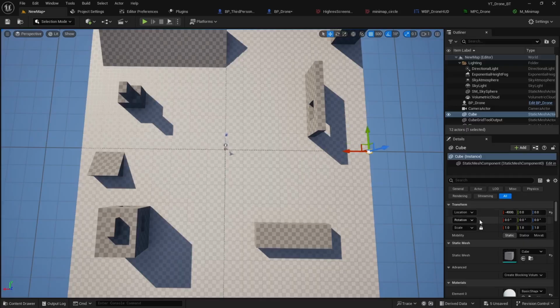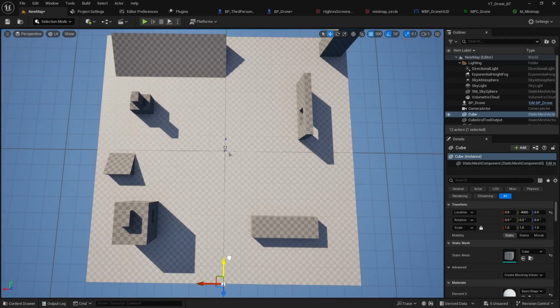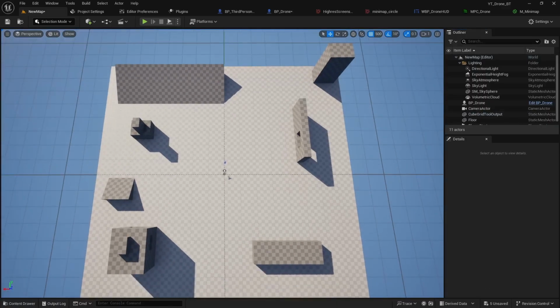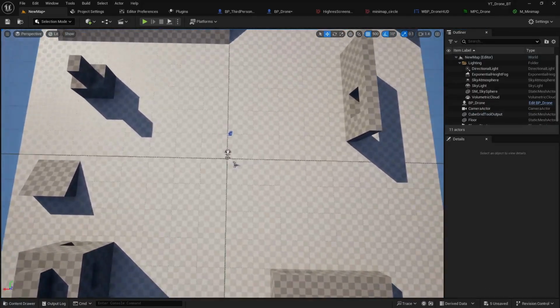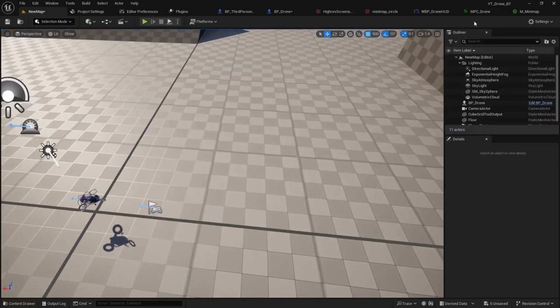And when I get to the edge of the map, you can see negative 4,000. If I go over here, positive 4,000. So obviously I'm a perfect square, so 4,000, negative 4,000 in the Y, and positive 4,000 in the Y. So mine's easy. I technically really only needed to have one value,